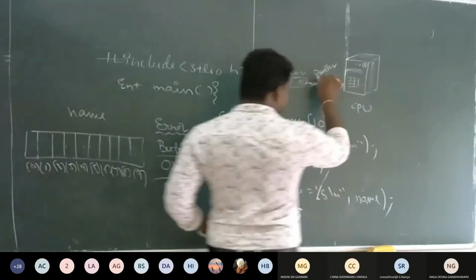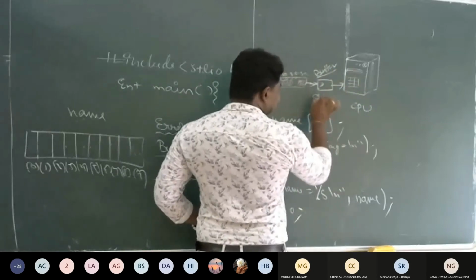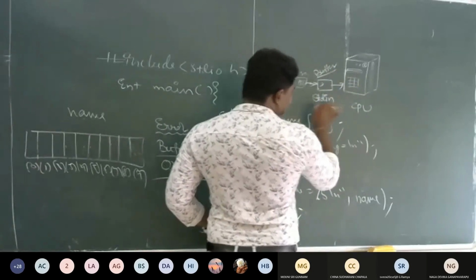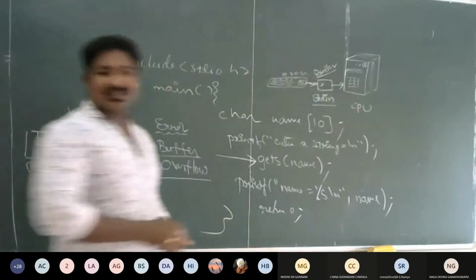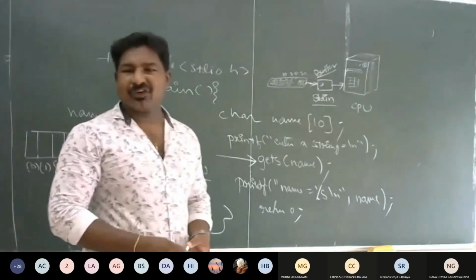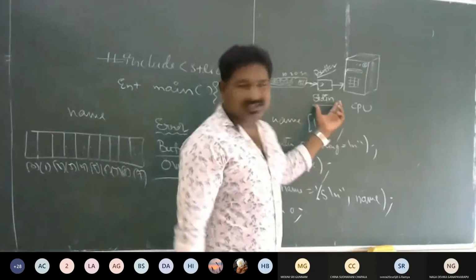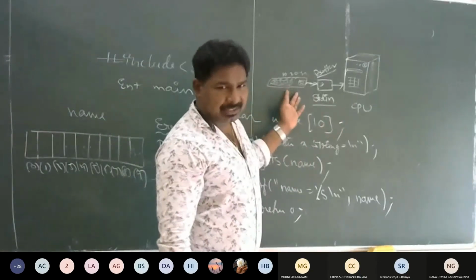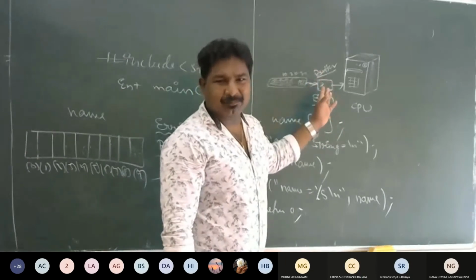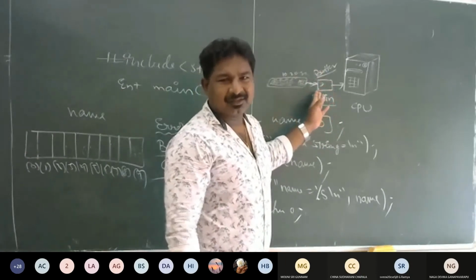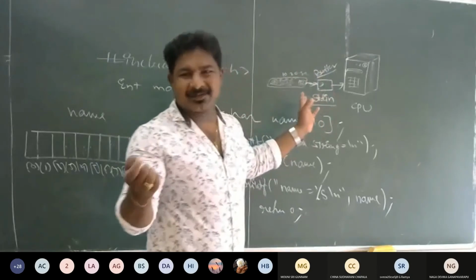This buffer has a name called STDIN, the standard input buffer. What it does is, whatever I type here will be stored in the buffer for some time, some nanoseconds or so.